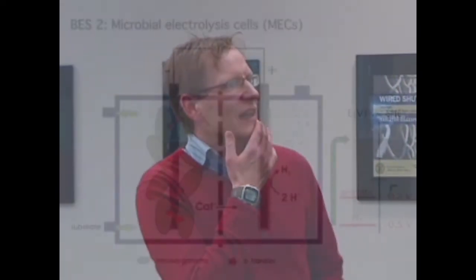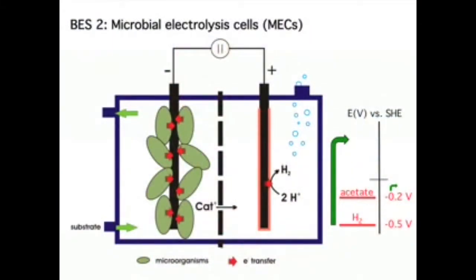Now we're going to the second example of a bioelectrochemical system, which is called microbial electrolysis cells. And engineers love to do little back-of-the-envelope calculations. We calculated the amount of electricity that we can possibly get with a wastewater treatment situation. And we found out that it wasn't that bad. But in terms of economical value, electricity turns out to be extremely cheap. We would invest hundreds of thousands of dollars and only get a couple $1,000 worth of electricity on a yearly basis. So it didn't make any sense to continue that work, because it would never be economical,